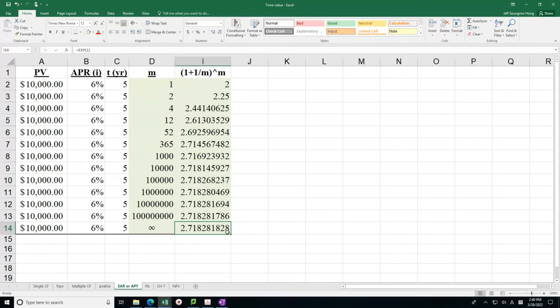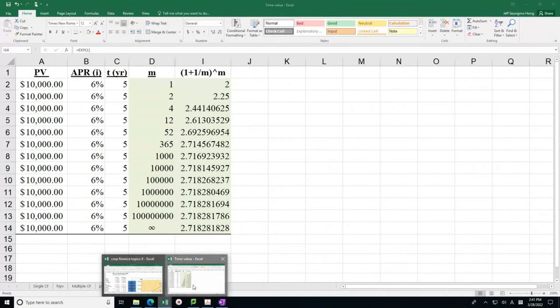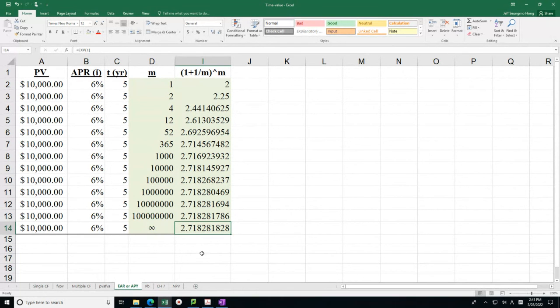So this is Euler's number. This is called Euler's number, and it's the basis of the natural log, and it's the basis of the exponential function. Of course, you don't need to calculate this. Excel is going to take care of everything, but having that in mind, now we can approach